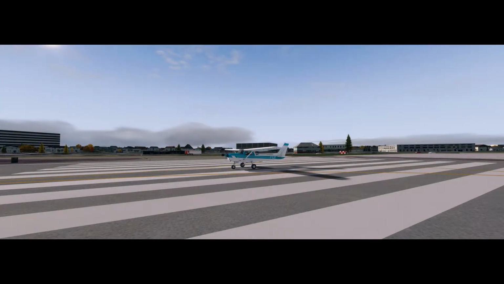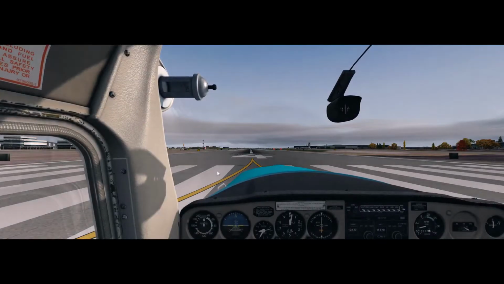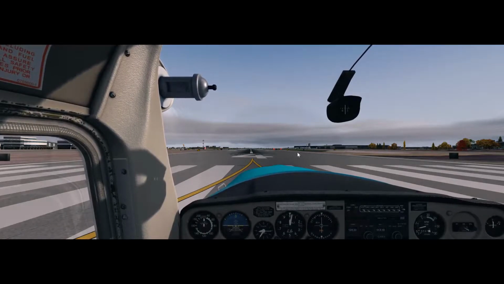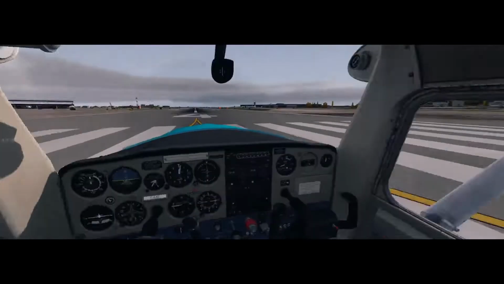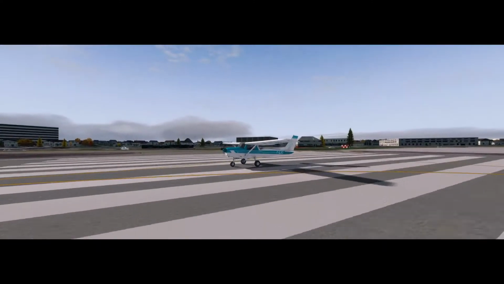Now, I've installed New York City X from Dreswick Design. I'm sorry if I've mispronounced your name, guys. One thing I noticed when I loaded it up straight away is my frames, although they've settled down now, because I'm on the outside. When I go into the cockpit, they actually increased from what I had before. I think in the cockpit I was getting between 25 to 35, whereas I'm actually getting between 30 to 40. So we've had a frame increase when we're inside the cockpit. When we're outside the cockpit, it does jump down a little bit. But,